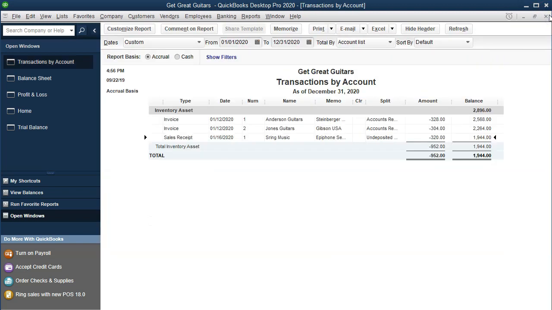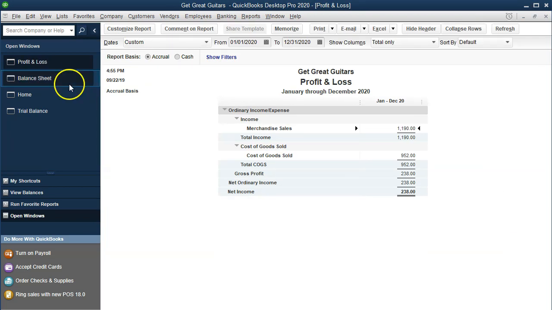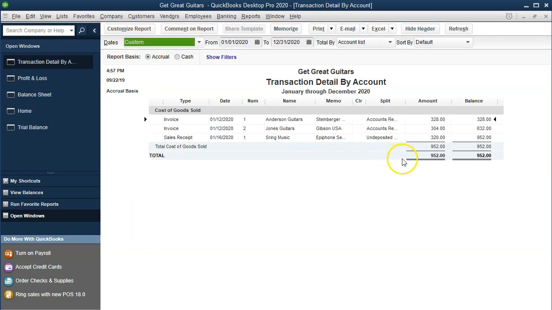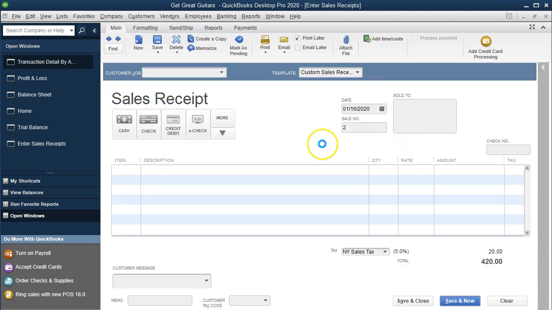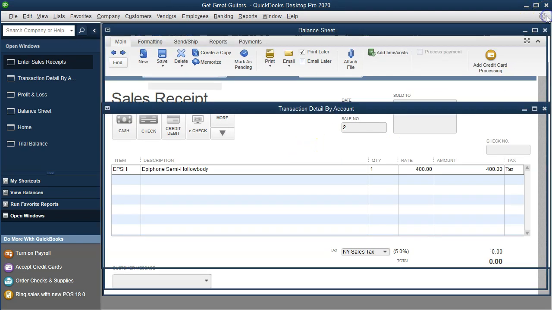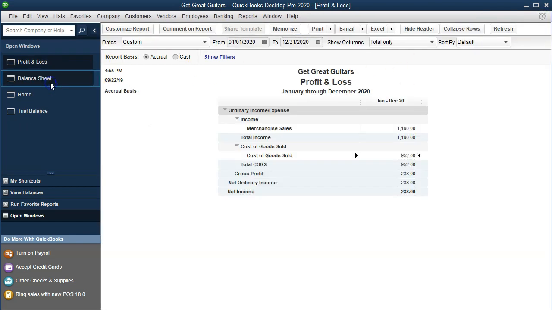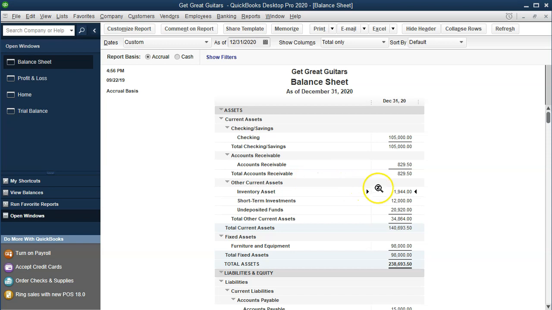Closing this back out. The other side then goes to the profit and loss under cost of goods sold. Cost of goods sold, double clicking on that. Then we see the other side, which is going to be the 320 here. Once again, 320 not on the sales receipt. However, the sales receipt is generating the 320. Closing this back out. Closing this back out. Back to the balance sheet. Note that we decreased the inventory. That's at